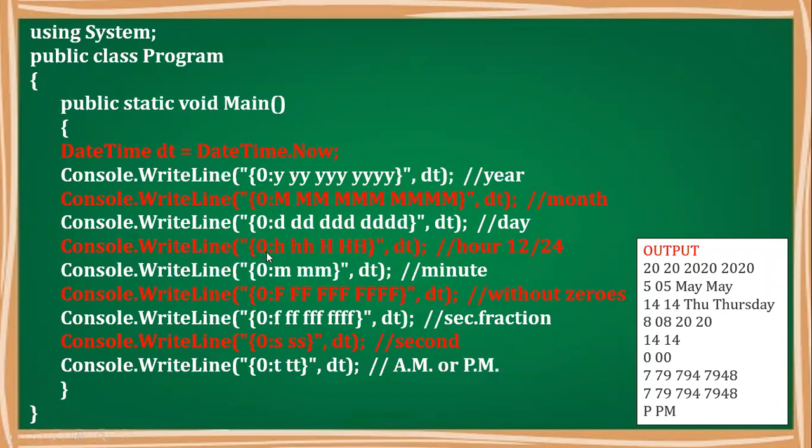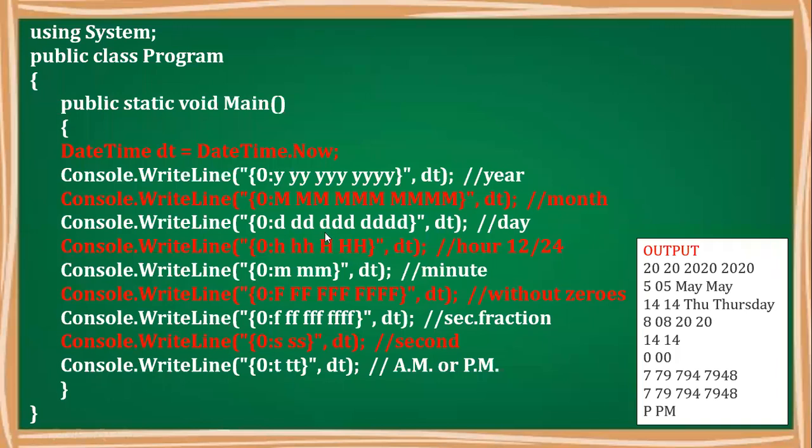Now we are going to the third red line of the sentence and the third line in the output. In Console.WriteLine, here we are using, sorry, day is remaining, small d. So single d is there, it is going to print the date, because the date goes up to 31. So the day does not have a single value. If it is 1 to 9, it will print only 9. But when I ran that particular program, the date was 14, so it is a 2-digit date. So that date is automatically taken as 14. With dd, obviously now there are 2 d's, so 2 numbers are needed. So it is again 14.